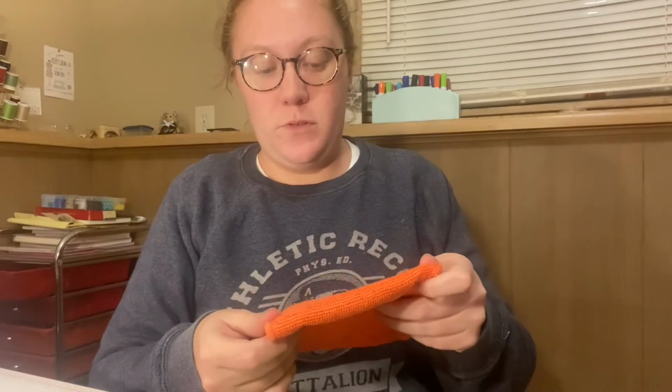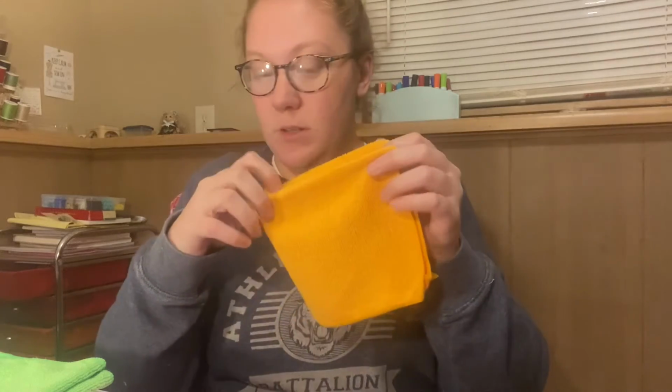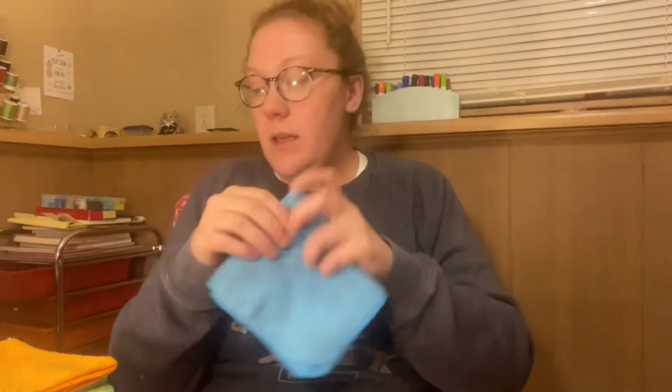Okay, but I have these colors. So this one, it looks really orange on there, but it's more of a salmon color. Got green. This one is like a yellow orange. I would say more orange. And then blue. But then I have some other ones that are not so vibrant colors, but they're just random washcloths, and I'm just gonna do random fabrics, whether it be characters or